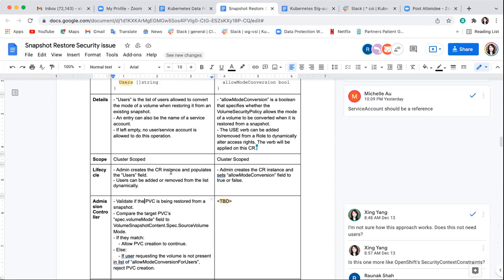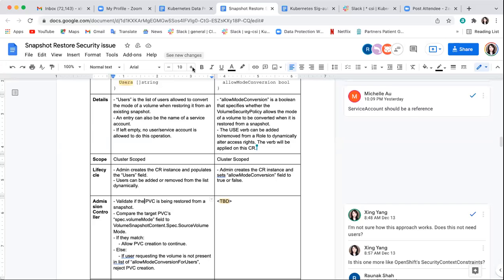Well, they could, but they don't. But that's not true. I think the argument is the only snapshots or the only volumes that will be created in this way and have this power will be ones created by the backup software. You have to trust it, right? Right. But you've got a permission on volume snapshot contents. Yes. You're saying if you have this permission, I'm going to let you do something else. Yes. Why not?